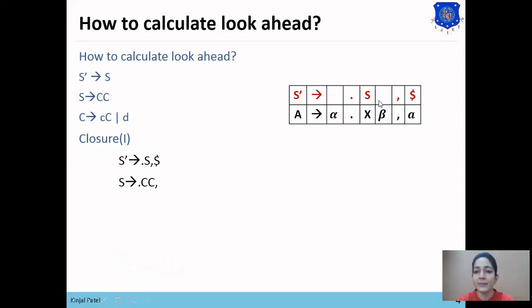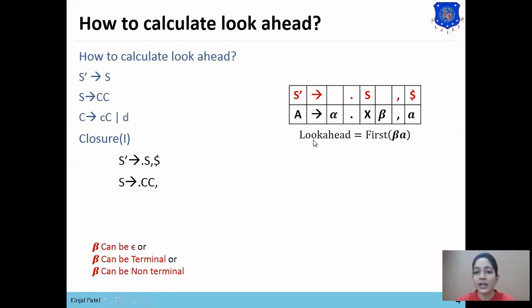Beta means the term between X and comma, and there are three possibilities: beta can be null, beta can be a terminal symbol, or beta can be a non-terminal symbol. That is, beta can be null or it can be more than one symbol. So to find the look ahead, we need to find first of beta a, where a means the look ahead symbol.